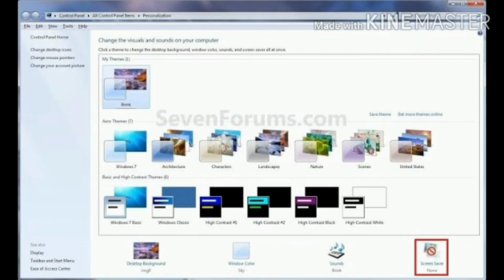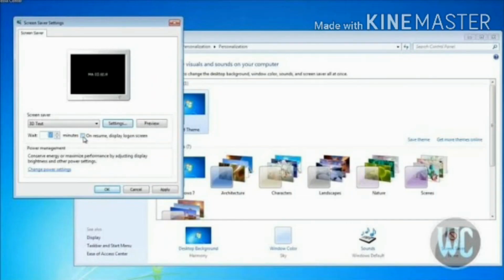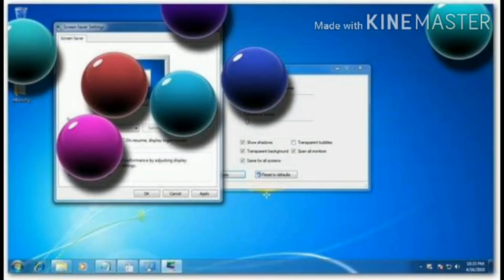Click the screensaver option. The screensaver settings dialog box appears. Select the desired screensaver from the screensaver drop down box. Click the preview button to see the full screen preview. Finally, you have to click the apply button. After that, the OK button. Now the screensaver is applied on the desktop.